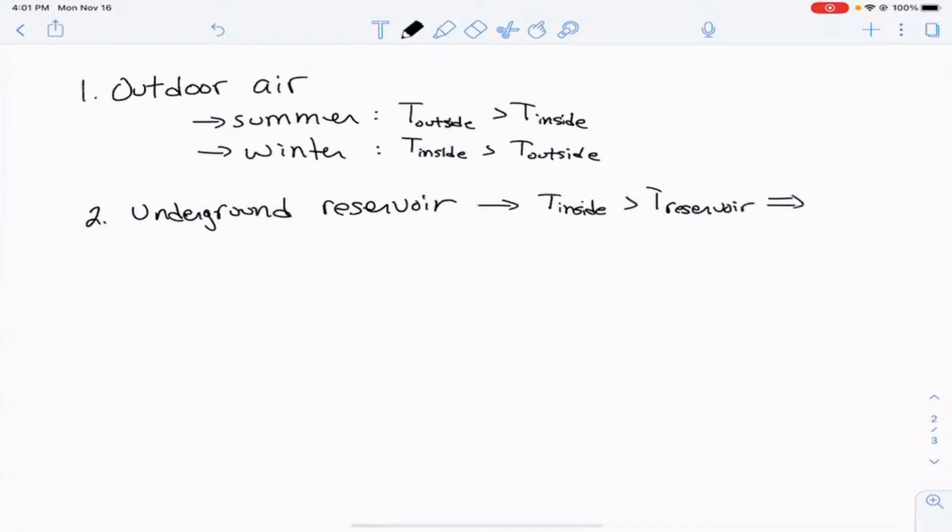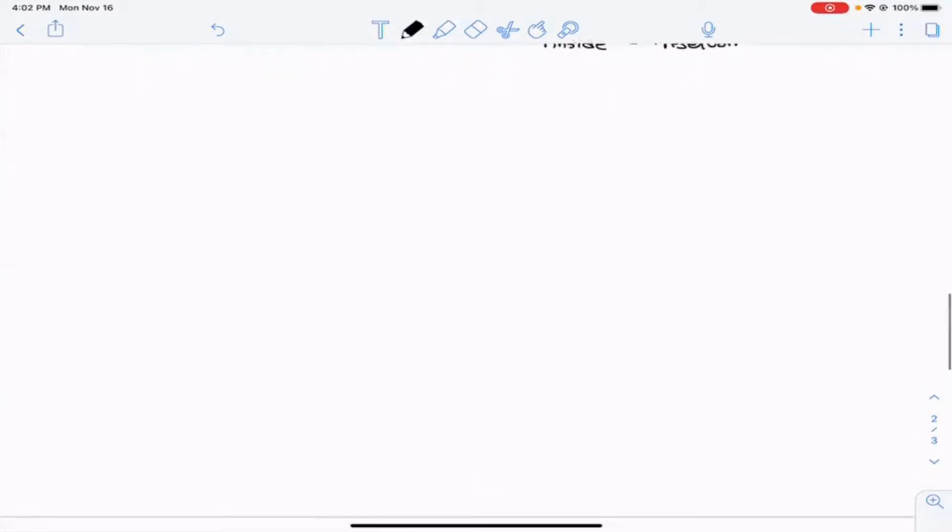And that's exactly the case in this problem. You also could have it where instead of a cool reservoir, you have something like an underground spring that is very, very warm, where the temperature that you prefer inside is less than the temperature of your reservoir. Okay. Let's have a look at these two cases really quick, and then I'll actually solve the problem. So let's do case one,